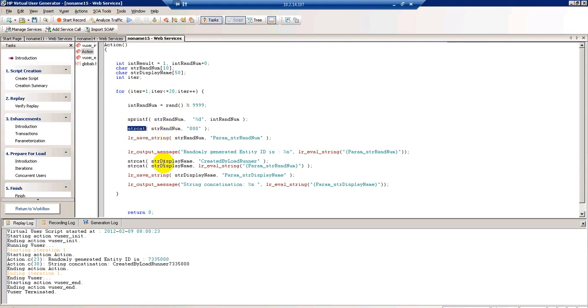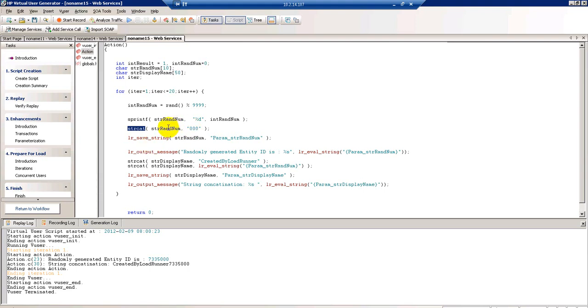Okay. Now strcat. If you observe, strcat is string concatenation. Strcat is a function to concatenate two strings.